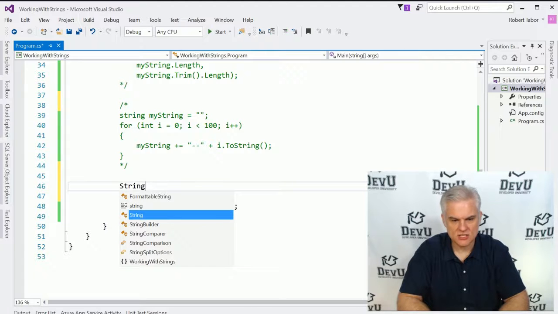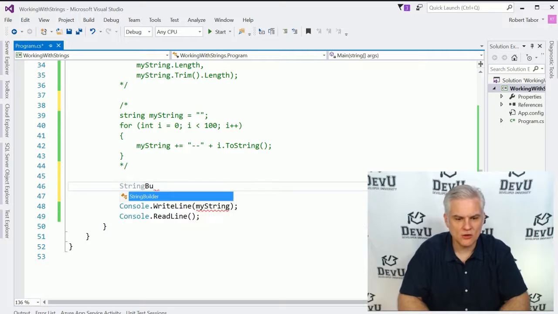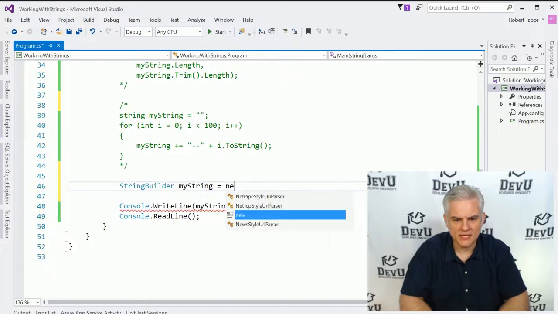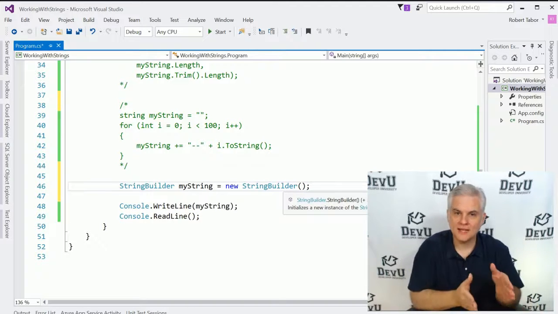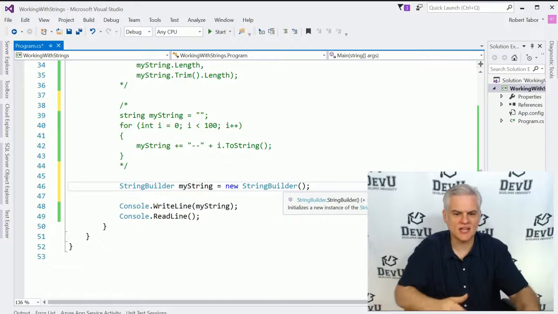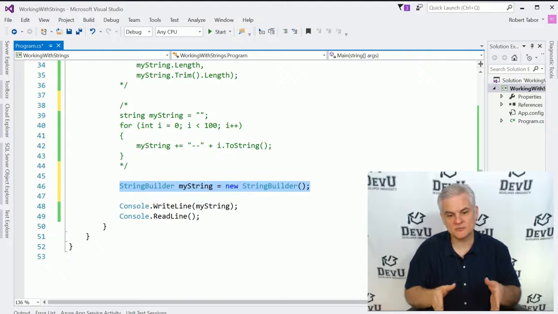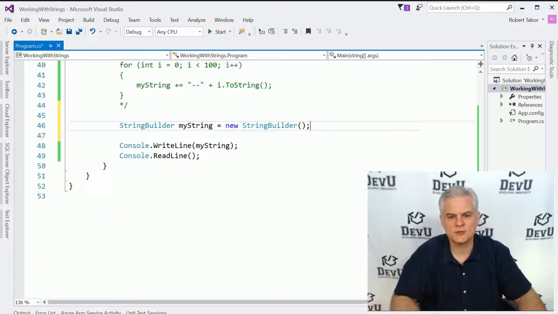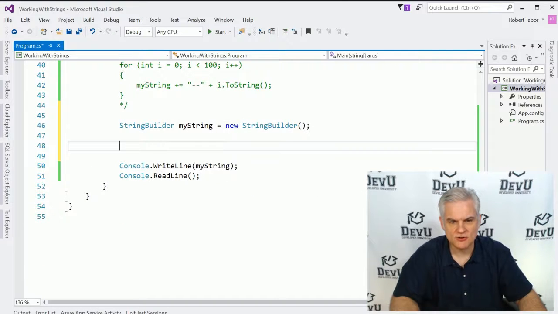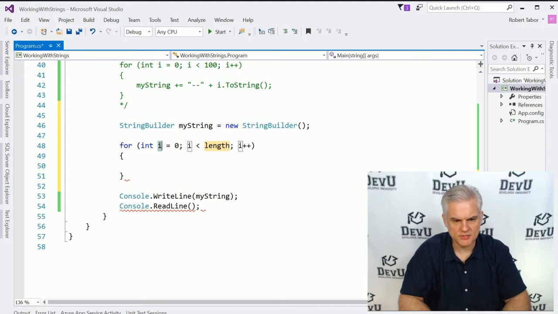So again, just like I said with the Random class from the previous video, this may not make a whole lot of sense at first, but hopefully once I talk about what classes are and how to create new instances of classes, this nomenclature, myString equals new StringBuilder, what is that all doing? We'll talk about that very soon. But let's just create a new StringBuilder class, and then we're going to do something very similar to what we did before,